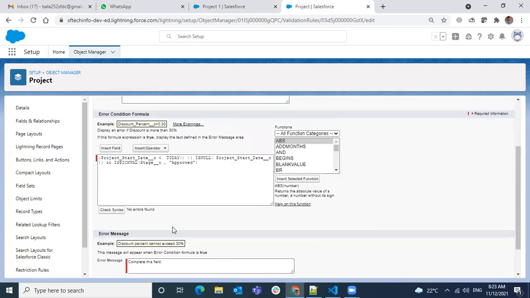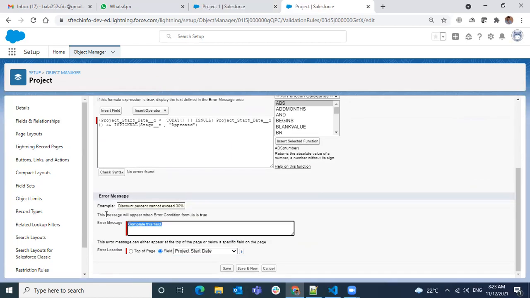Okay, no errors. So here I want to change the message also. Project start date is required when stage is approved.